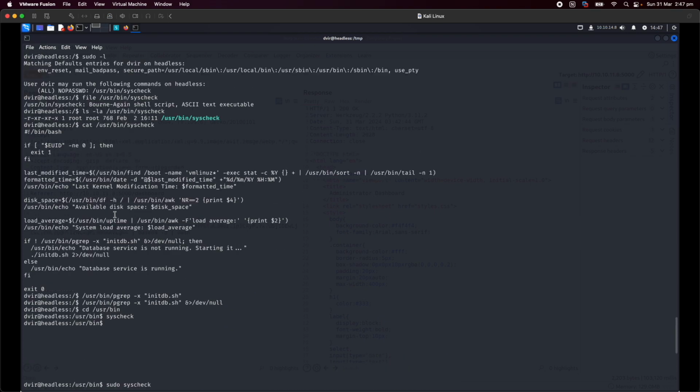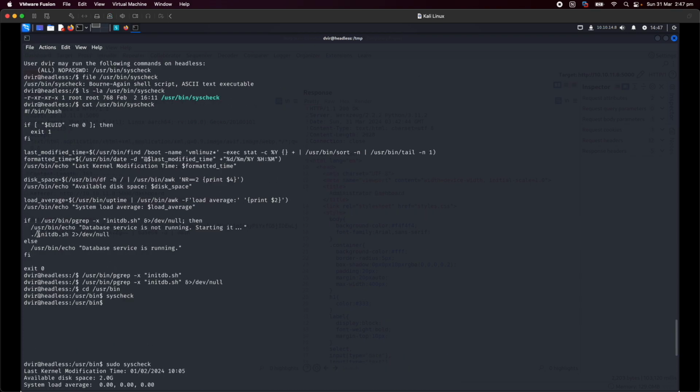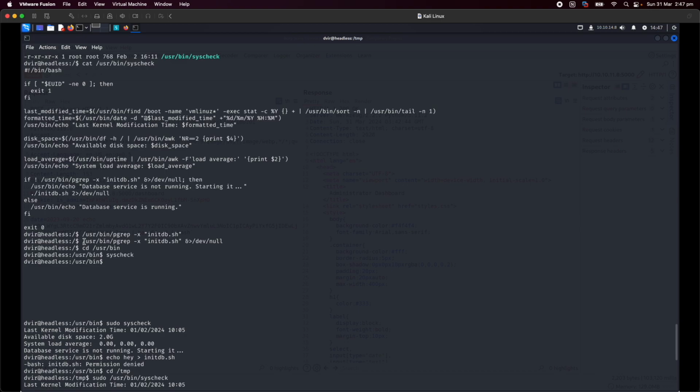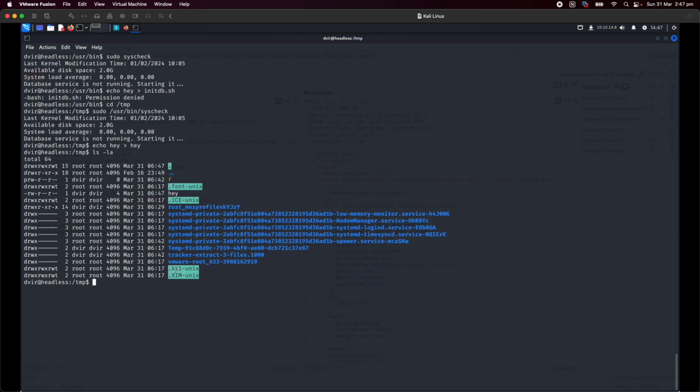So, knowing that it's going to run this initdb.sh script from the current directory that we're in,